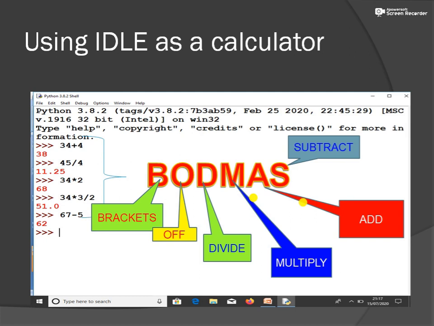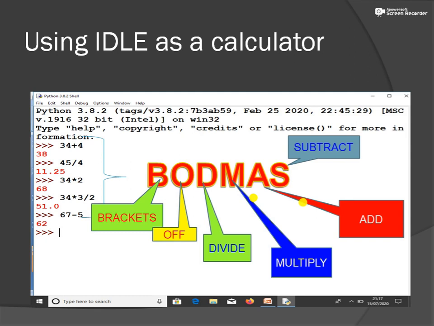You can write a simple expression and the Python interpreter automatically evaluates it and shows you the result on your screen. So you can write short or long expressions in your IDLE screen and use it as a calculator.